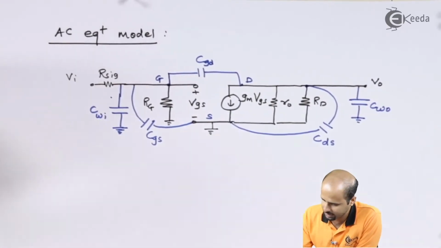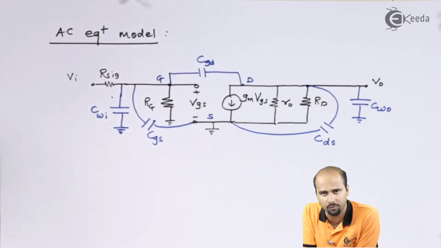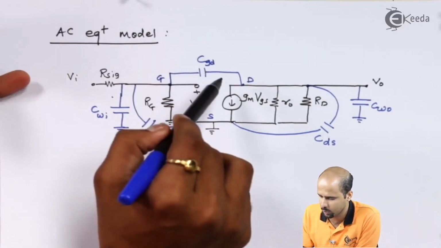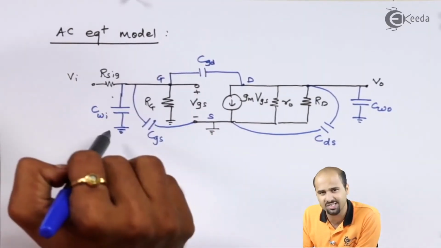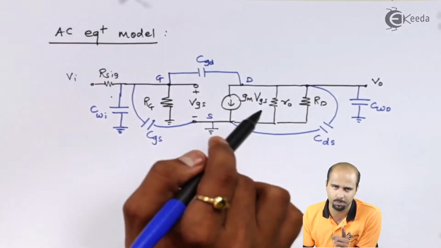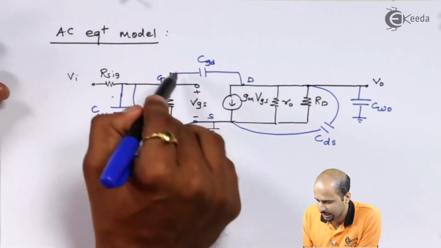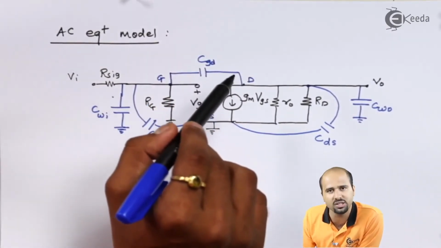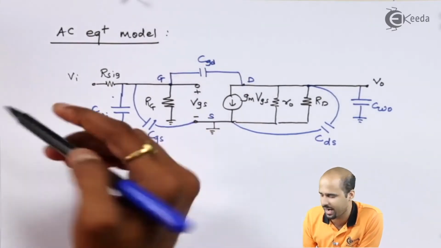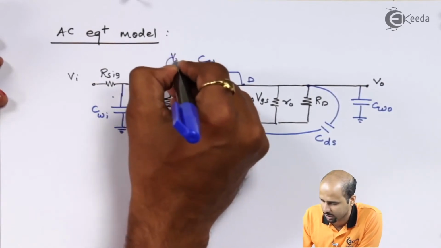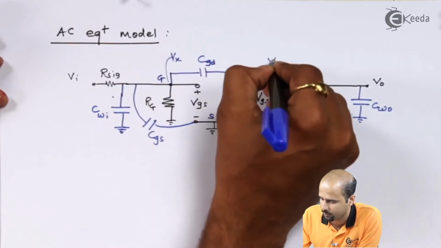Now, this CGD will be the culprit for this particular circuit because I cannot isolate the input side and output side. This particular capacitor will be incorporated in this RC circuit and this RC circuit as well. So the solution is Miller's theorem. We will consider this as the culprit impedance, right? And that impedance we have to incorporate at the input side and output side with consideration of the gain factor, that is nothing but the ratio of Vx and Vy.